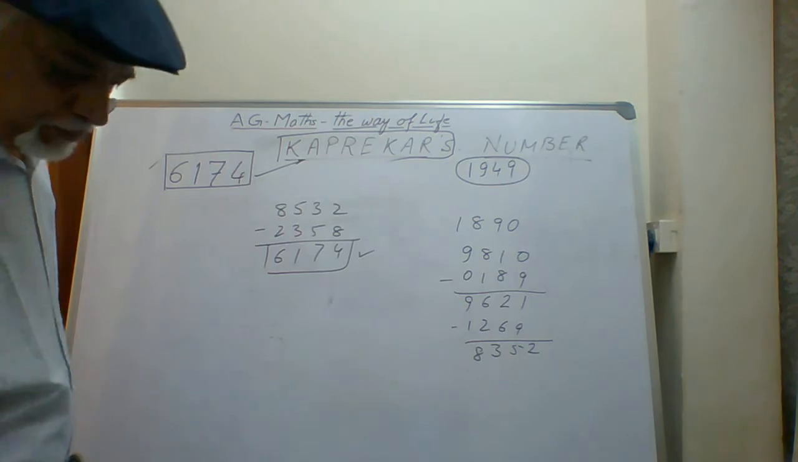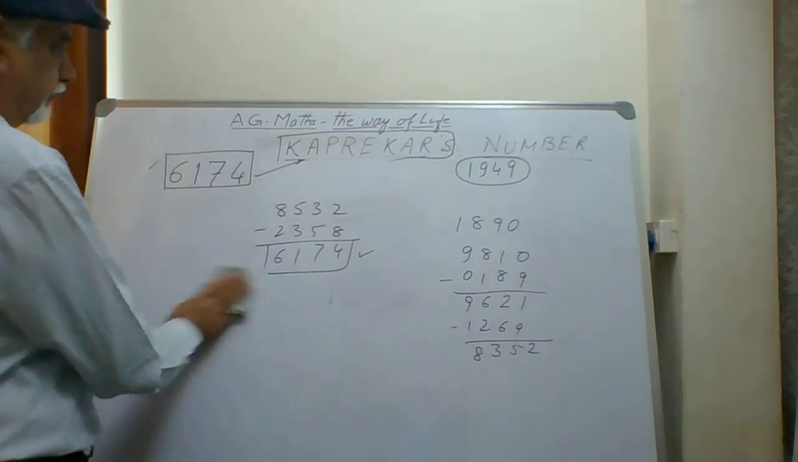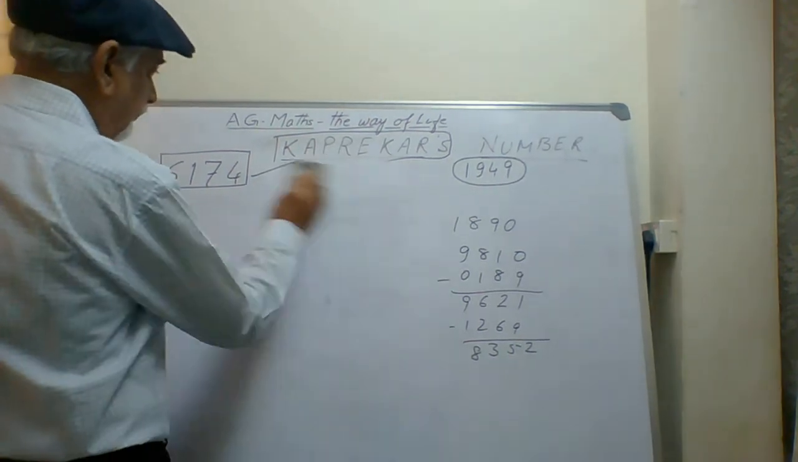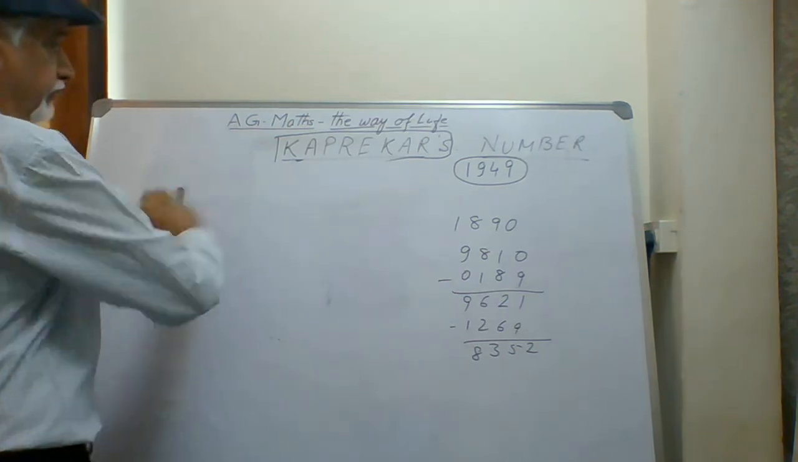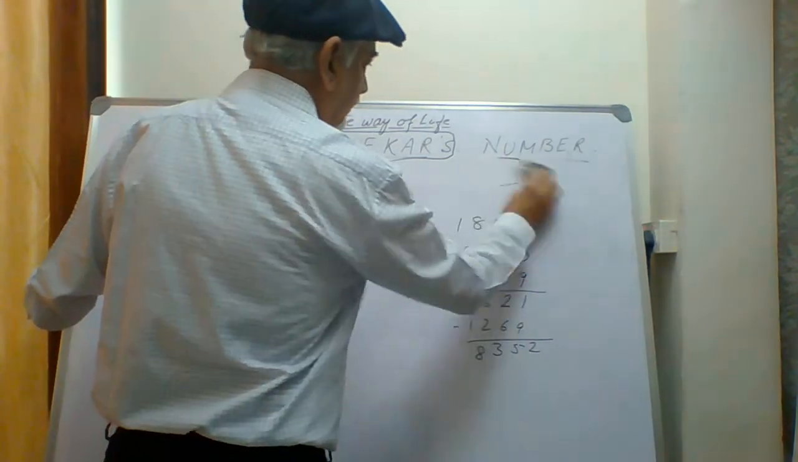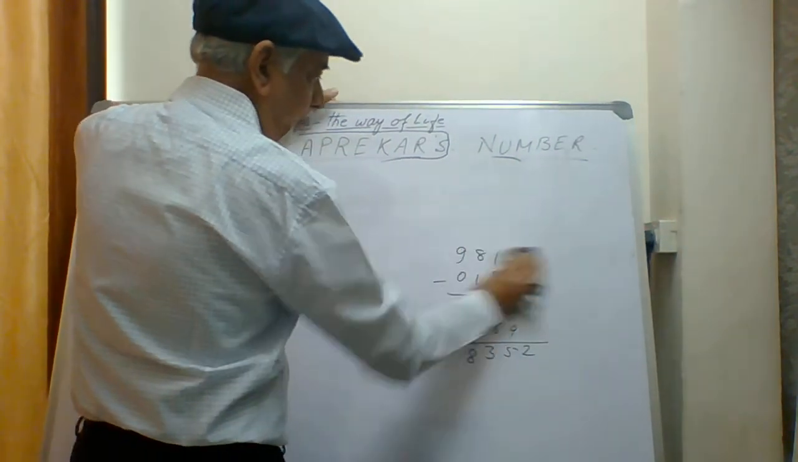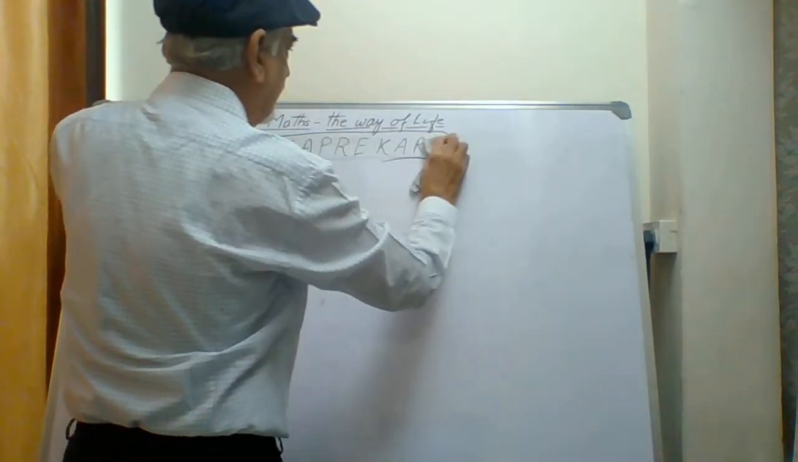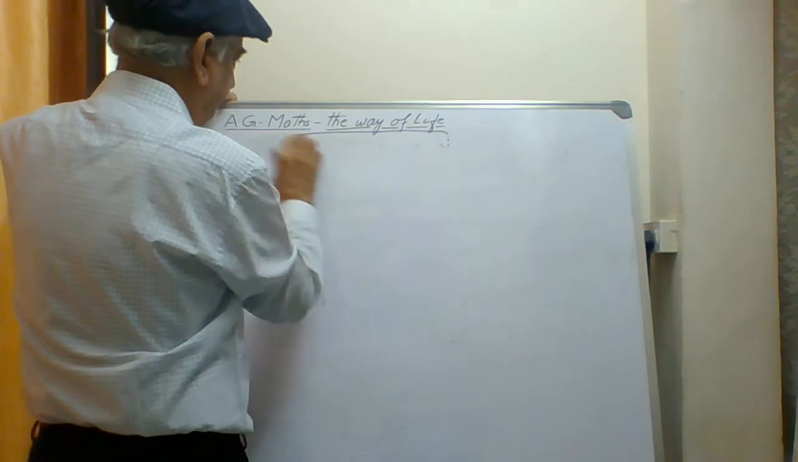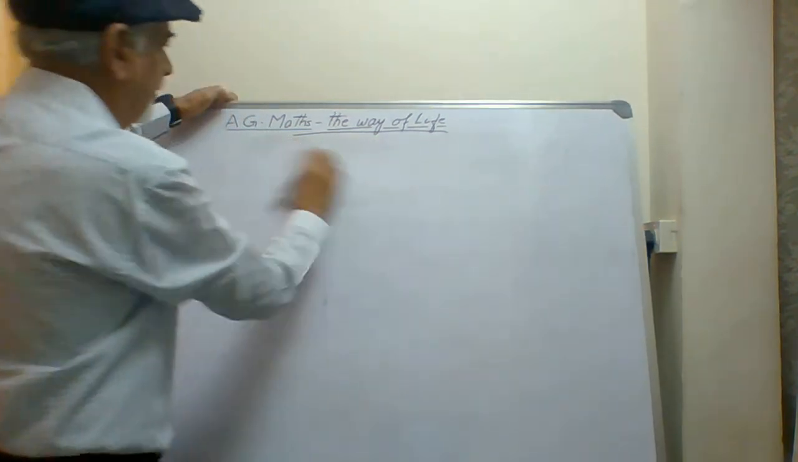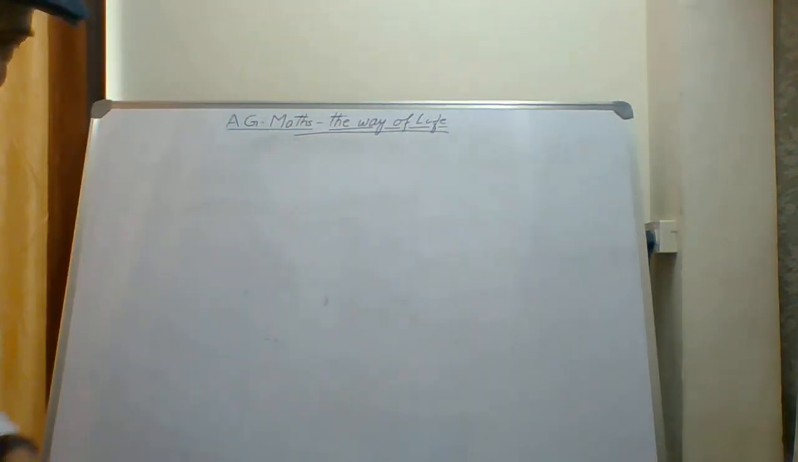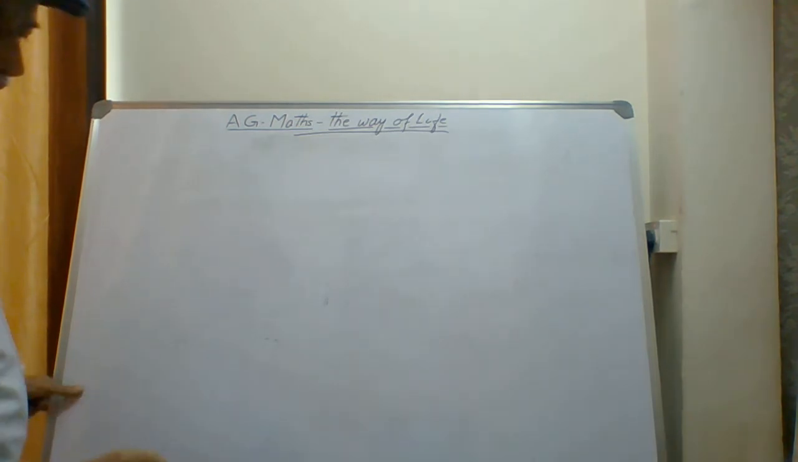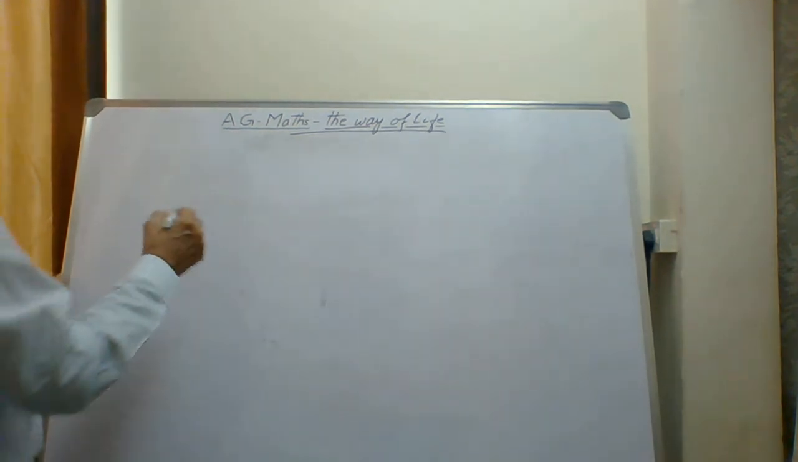Then I tell you one more property of numbers. This is not related to Kaprekar anymore, what I am talking about now. So we will talk about a number which is called 1089. What is the specialty of this